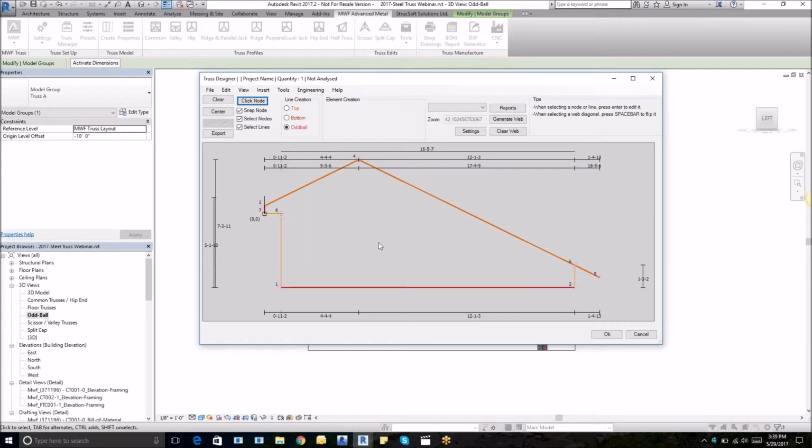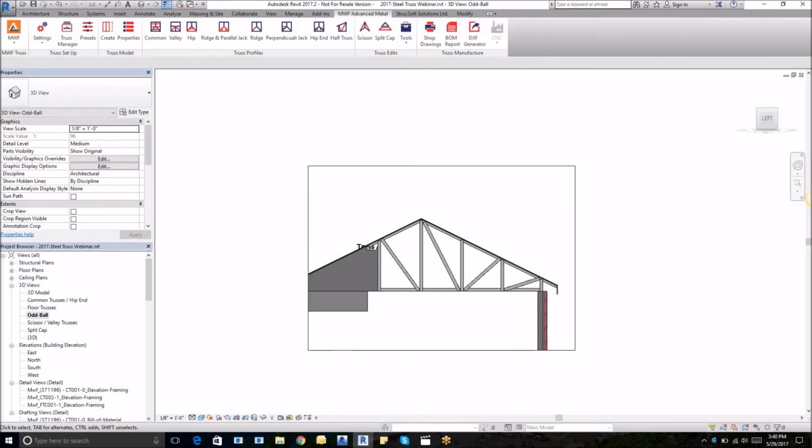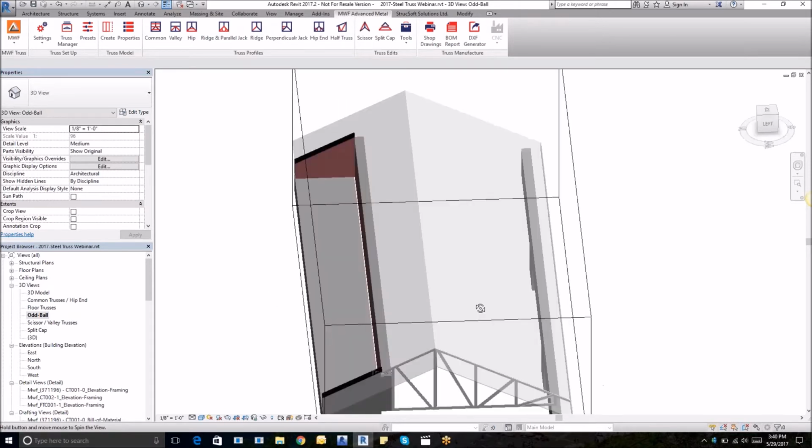Once I've labeled all of my members, the software will bring up this dimensioning to tell me that I can go ahead and generate my web. Those two members here that were left as oddball, the software is not too sure what to do with them. So when I generate, it'll just remove those members, leave that top chord with an overhang, and also follow my other top chord with an overhang that I drew myself. Once I'm satisfied with my truss, I can hit OK, and I've got my Truss A